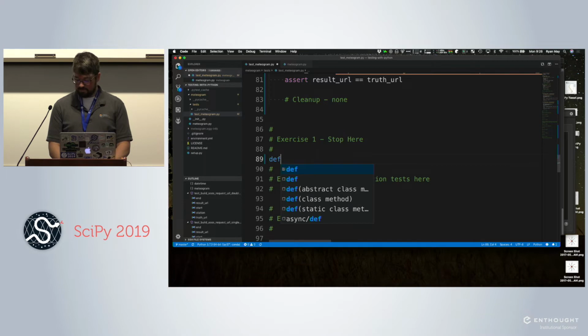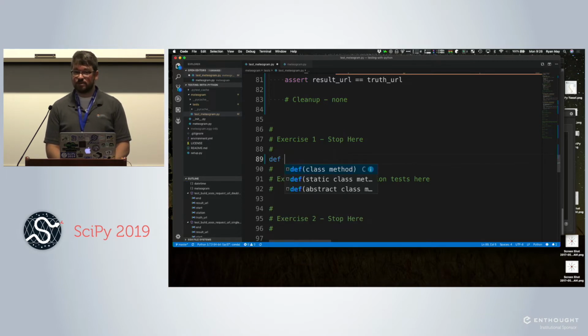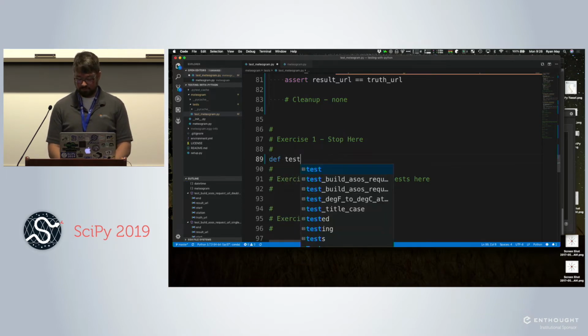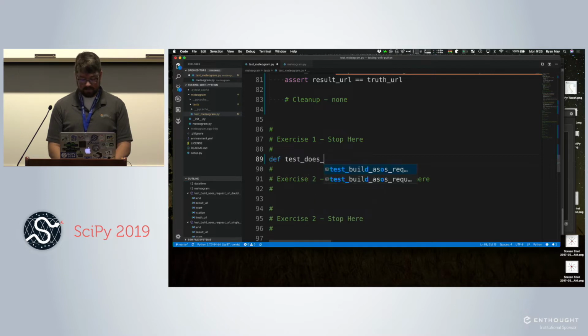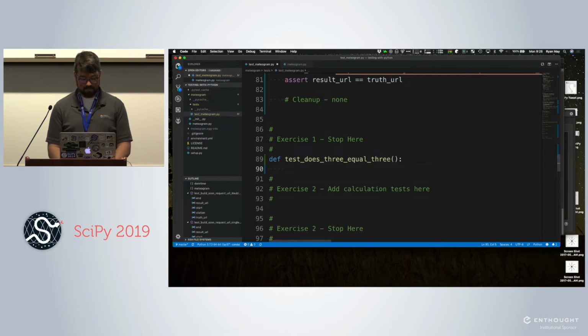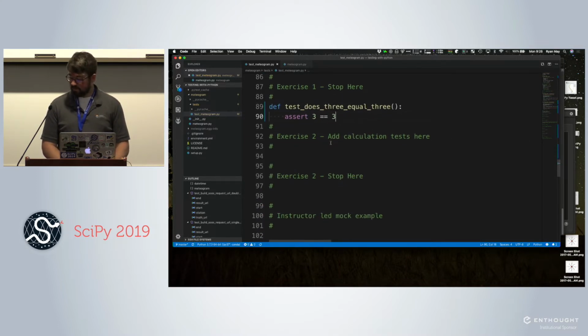So def, remember I'm creating a new test, so test is the first word in the function name. Does 3 equal 3? This is not a very interesting test. So I'm just going to call assert is 3 equal to 3. So the exact same pattern as what we did with strings will work with integers as well.